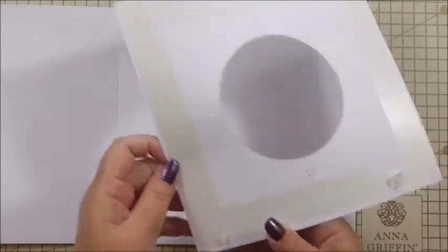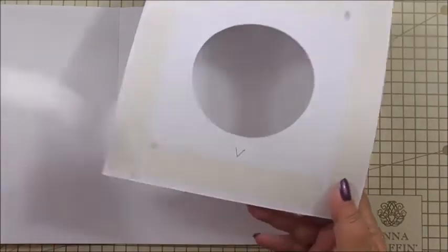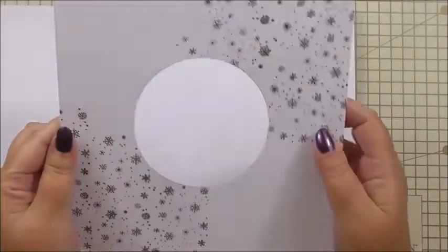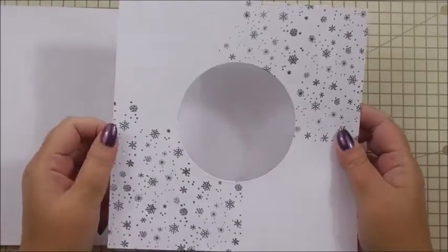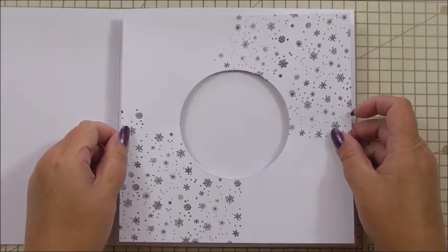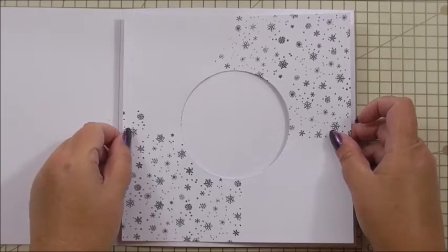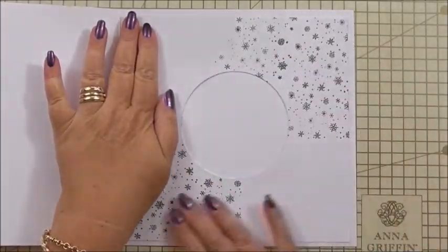And I've got double-sided tape on the back, so I'm just going to peel that away. And for any eagle-eyed viewers, I do have a little arrow telling me which way up I should put it in. It's just when I prep, I might have prepped this a couple of weeks ago and I have to remember what to do with it. So, and my brain is really fuzzy at the best of times. So we're going to pop that down to the inside of our card, press it down,